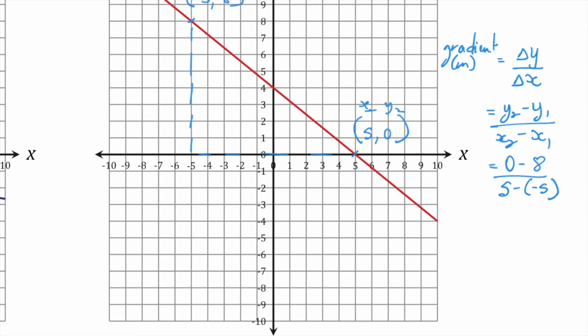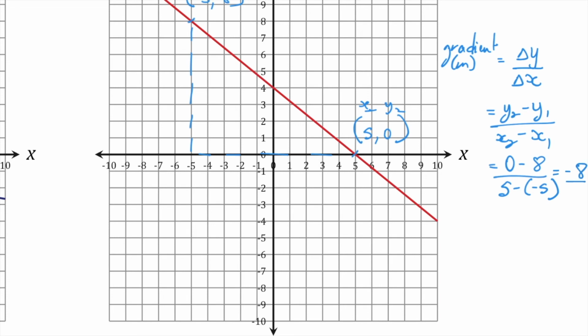Now pay attention to your signs here, because if I'm not careful, I could have just put 5 minus 5, because there's a minus sign here anyway. But I have to make sure I pay attention to the fact that it's -5, so it's x2 minus x1. It's just that in this case x1 is -5, and if you don't notice that, then your value will be, well, incorrect really. So if we look at this, we see 0 take away 8 is -8